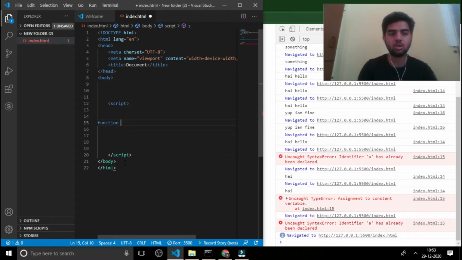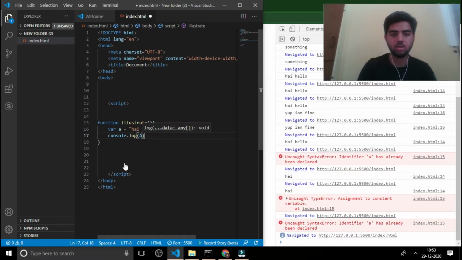Let's declare a function called illustrate. Now I'll declare a variable called a that is equal to "hi hello", and console.log a.